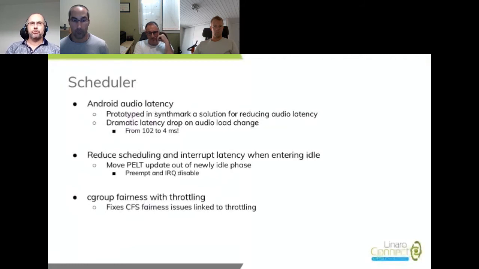There is a pull request right now in SystemReady that exposes the plan of the proof of concept we have worked on, and the results show significant improvement when we switch between the light and the heavy load. As mentioned in the slide, we have been able to reduce the maximum latency from 100 to 4 milliseconds.